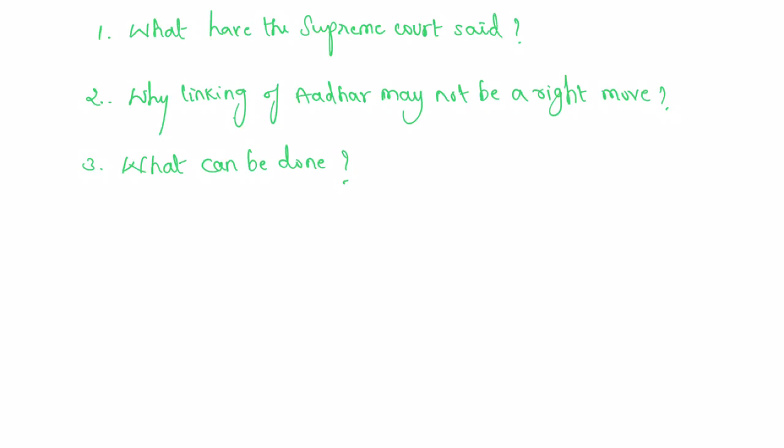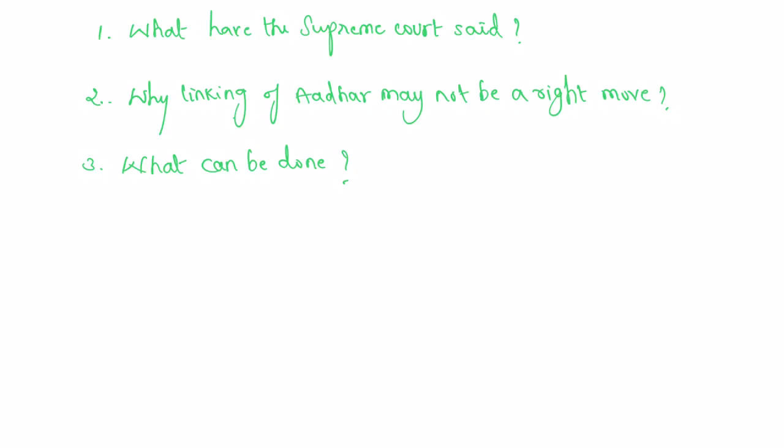Now let us see what the Supreme Court said about privacy versus security. Recently, the Supreme Court stressed the need to find a balance between the right to online privacy and the right of the state to detect the people who use the web to spread panic and commit crimes. These comments were in response to a submission by Attorney General K.K. Venugopal, appearing for the Tamil Nadu government, about the need to link social media profiles with the 12-digit Aadhaar number. And now let us see what Aadhaar is.